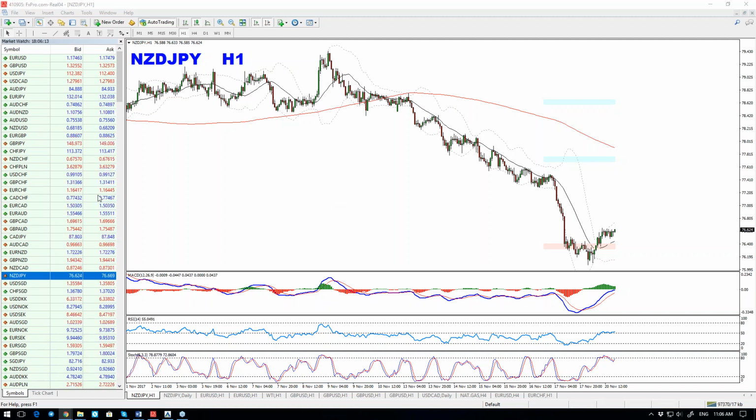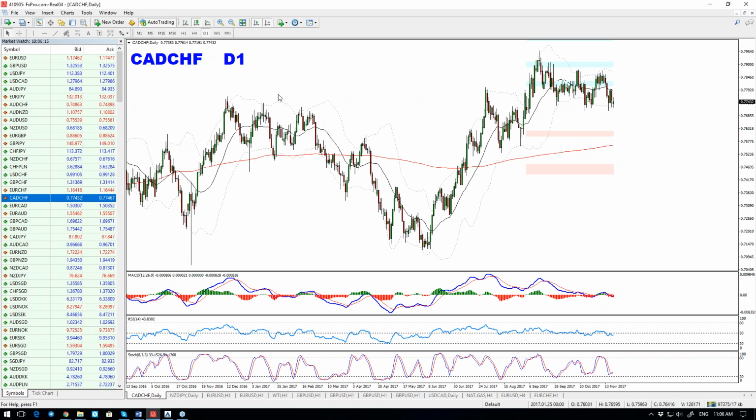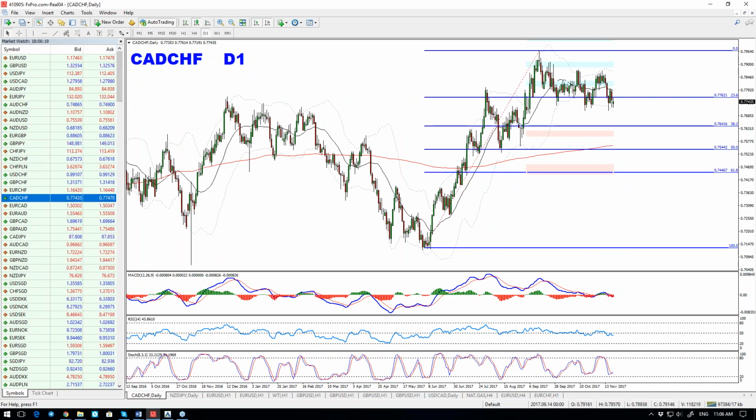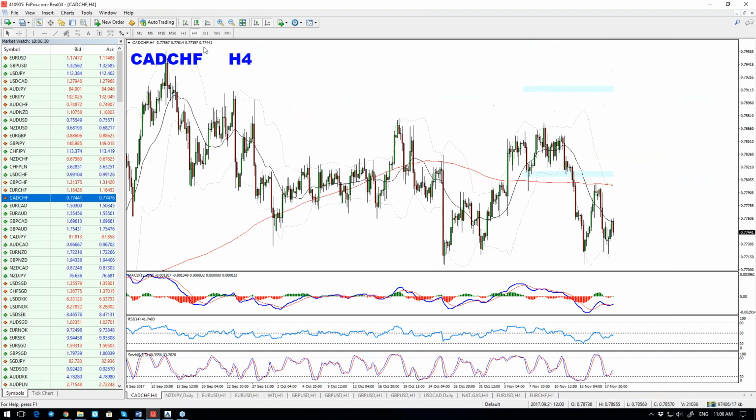Cat franc remains bearish on the short term. We do expect 38.2 and 50% Fibonacci, which is 0.7650 down to 0.7550. Our invalidation on this current momentum is the top of this move. Currently, as long as we are below, the short-term